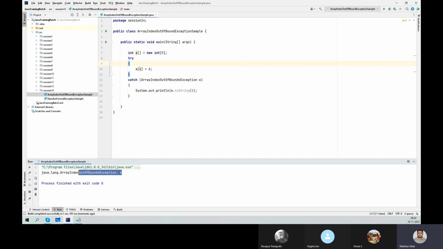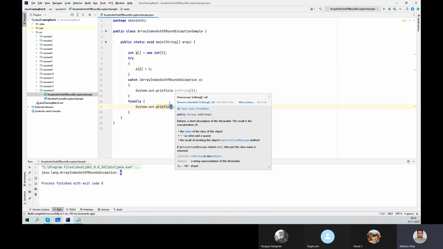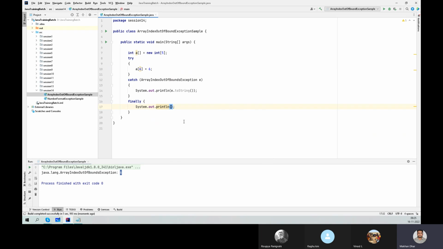Now we are getting 6. It is forcefully giving us 6, but without try catch we can't do that, right? So now we use finally. Suppose I'm doing some print. Always remember, for any exception, if you want to handle it, you have to use toString. This is a method to handle the exception. So I'm saying, finally block